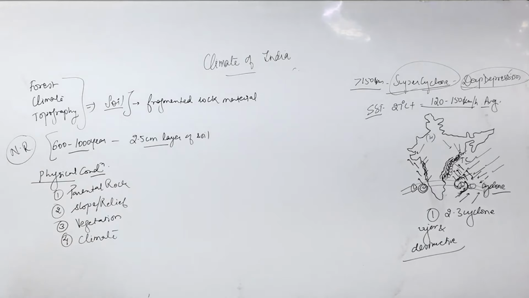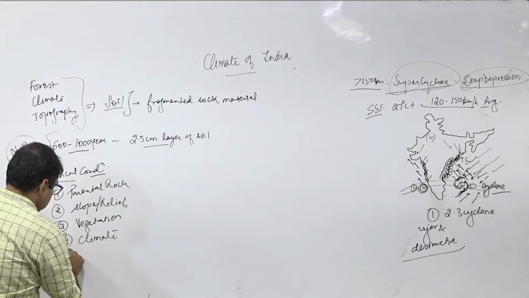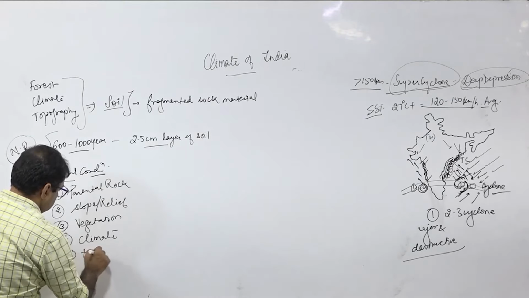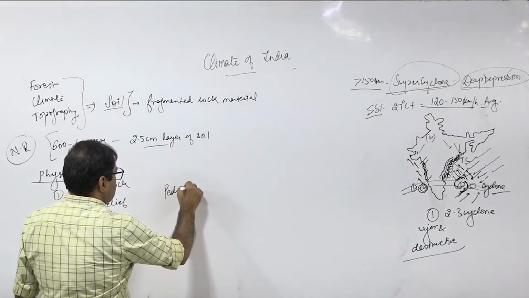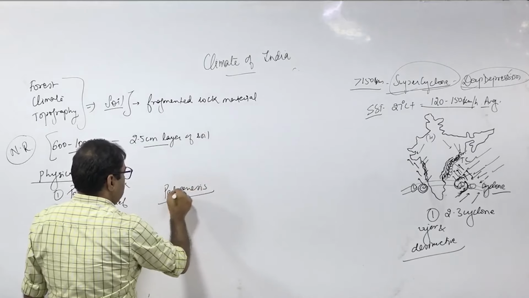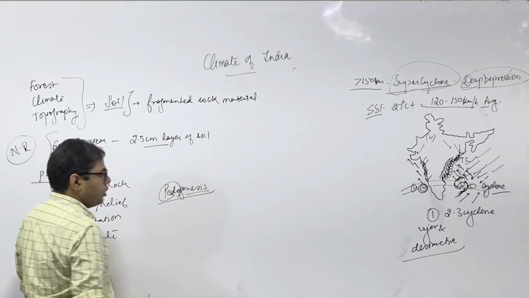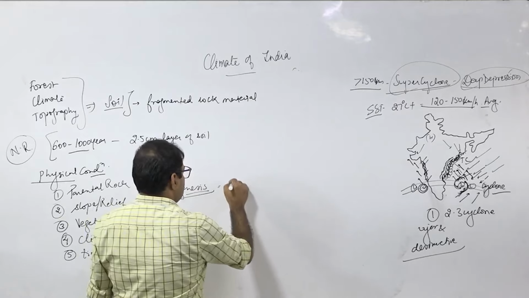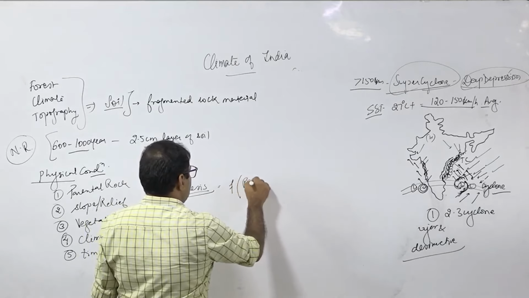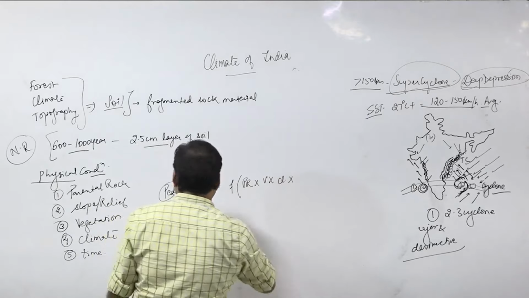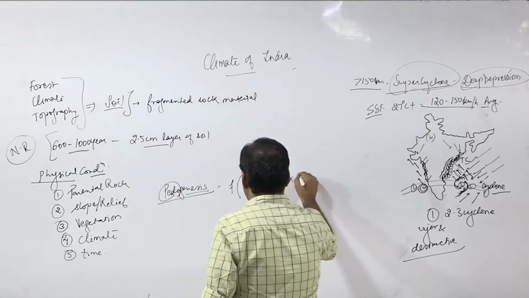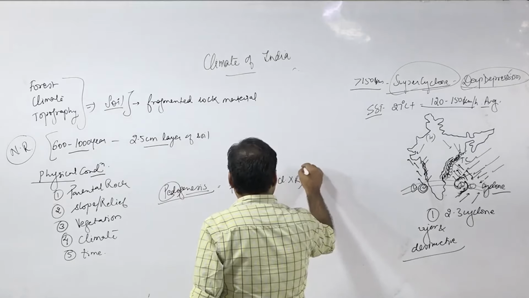Climate. And then number five is time. So soil, or pedogenesis, pedo means soil, genesis means origin, is a function of parental rock, vegetation, climate, then relief over the period of time,